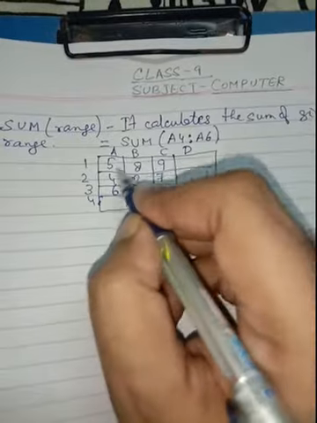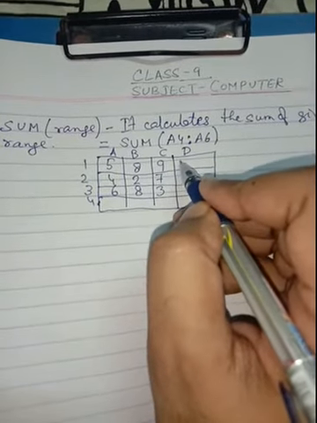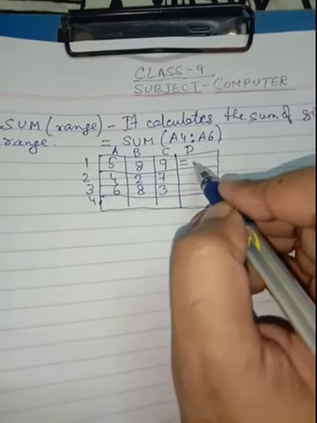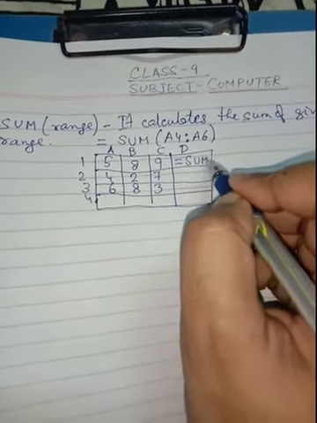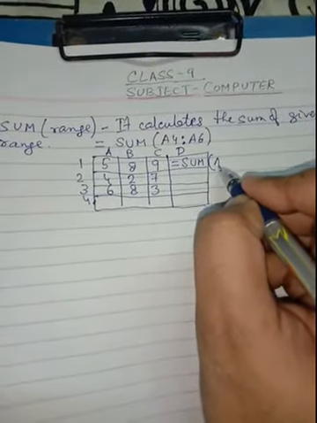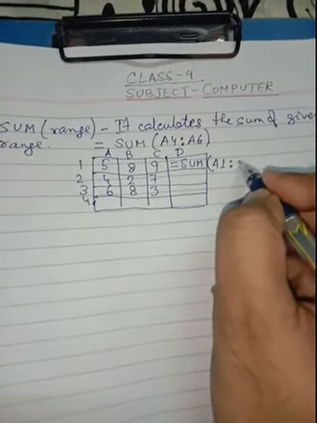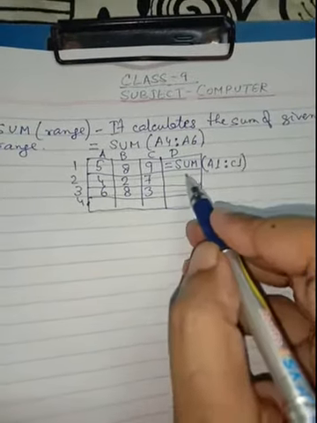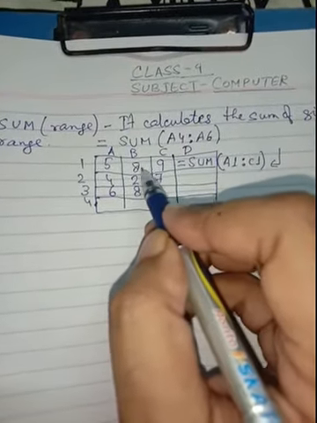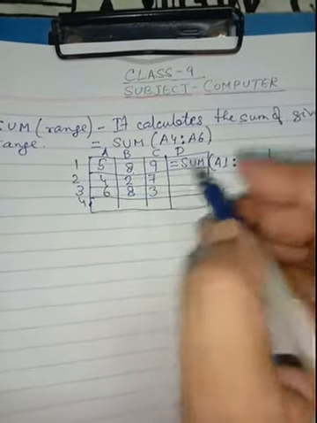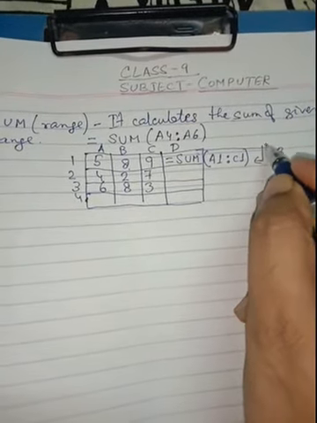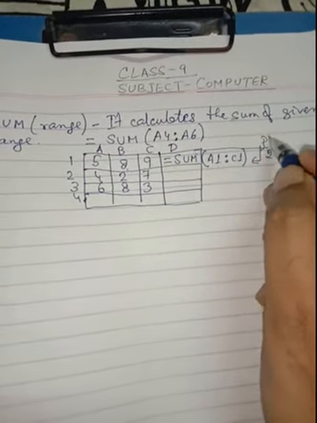Now over here, suppose I want to add them. So in order to add them, what do I have to do? I have to write the equal sign, because the formula always begins with equal sign, then sum, and then the range. The range is A1 to C1. I have written this function over here, and as soon as I press the enter key, the output will be 8, 5, 14 and 9, 23. So 23 will appear in column D1.